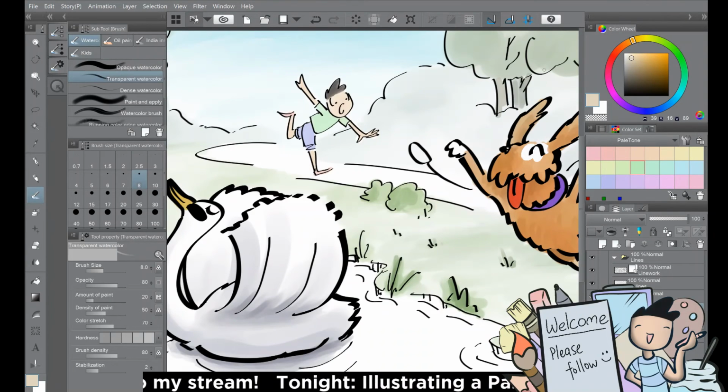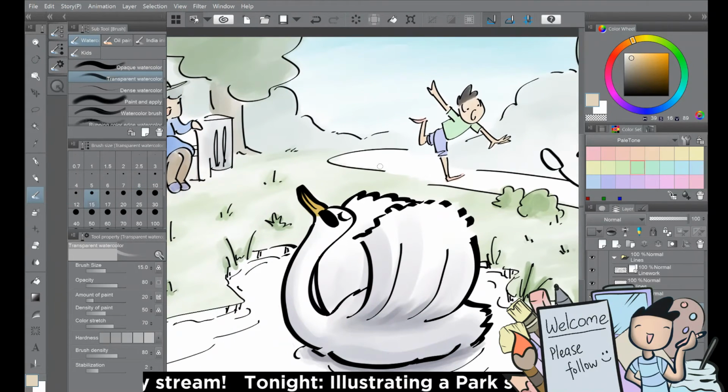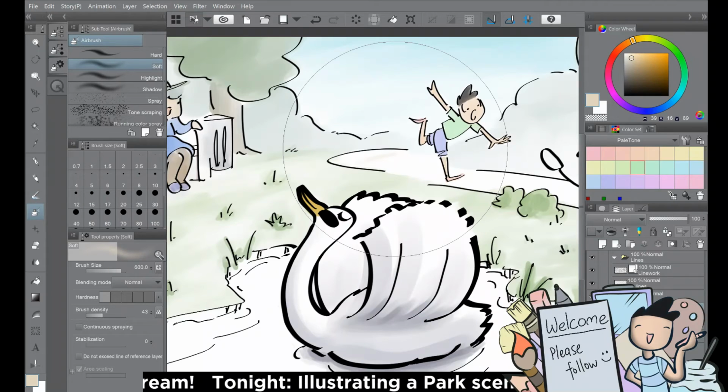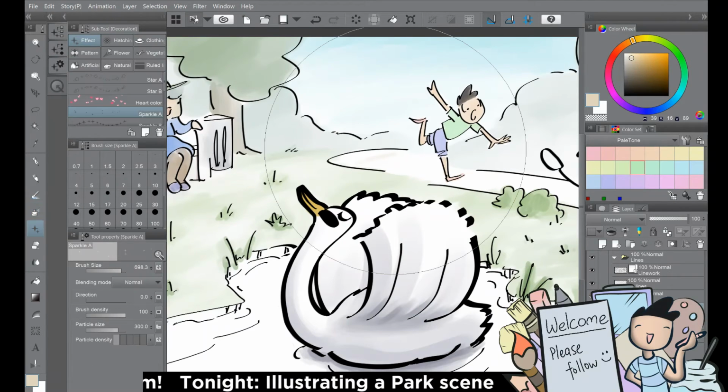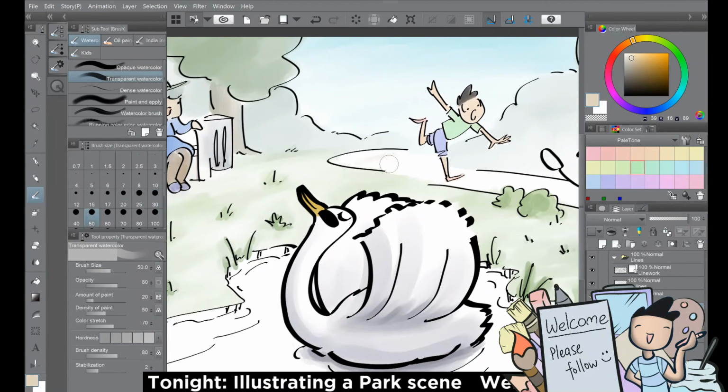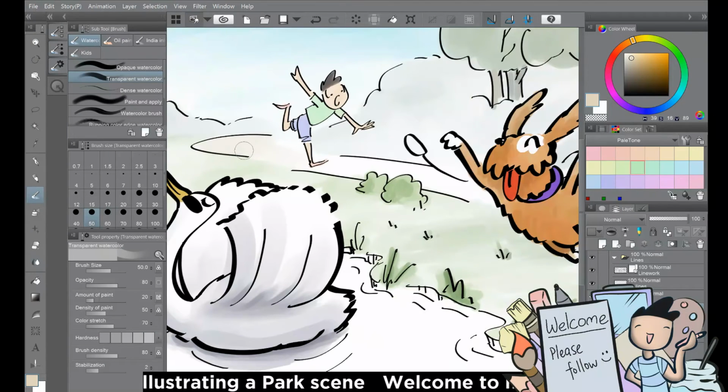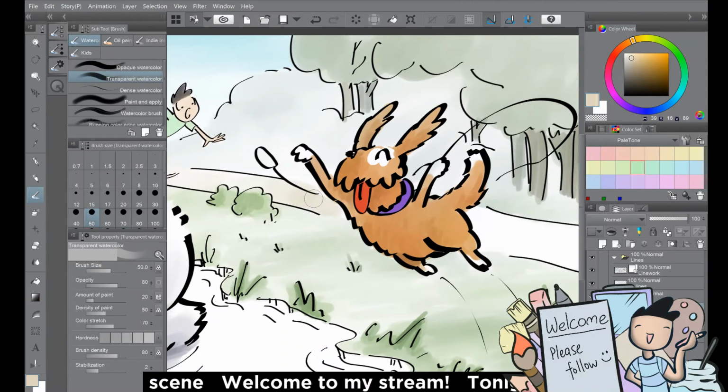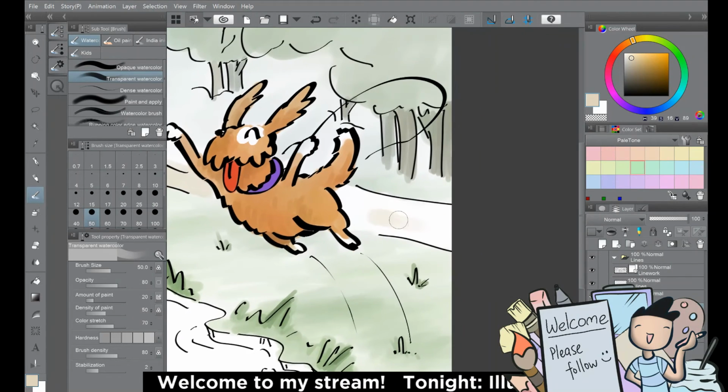Last bit of detail is, well, not last, but a bit of something for the path itself. Oh, that needs to be so light in the distance. Atmospheric perspective, you guys. Things in the distance should be paler. Well, they are in reality because of the atmospheric perspective. Perspective,